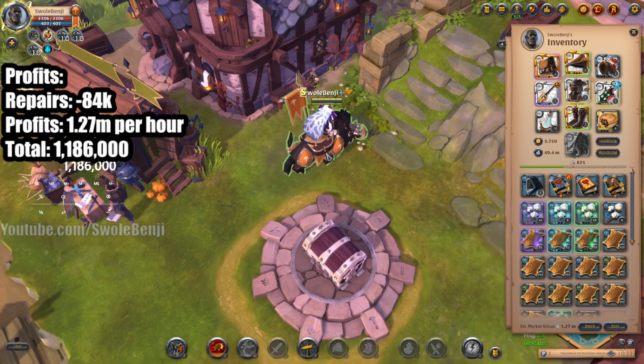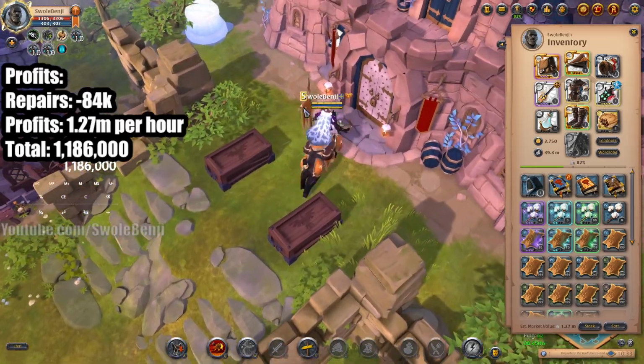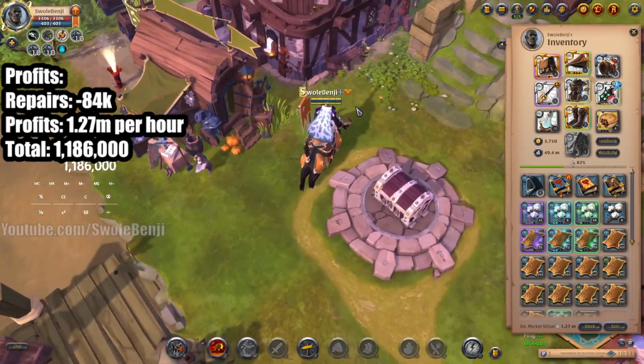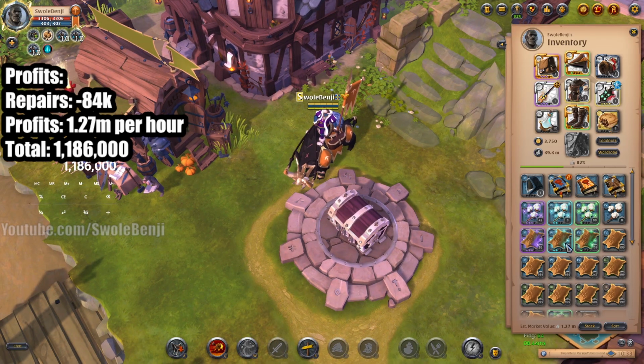It just helps. Now, of course, if you are not in tier 8 gathering gear, you won't make as much per hour, but you will make a similar amount. You might make 800, 900k, 700k per hour. And I'm going to talk about how and what I did in order to earn this amount per hour, but